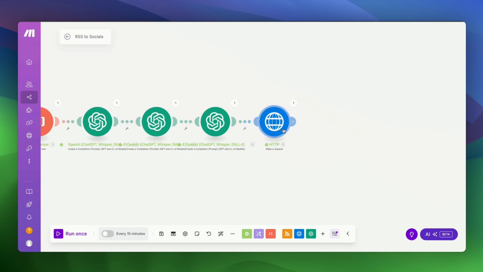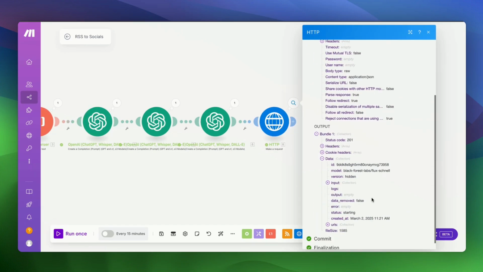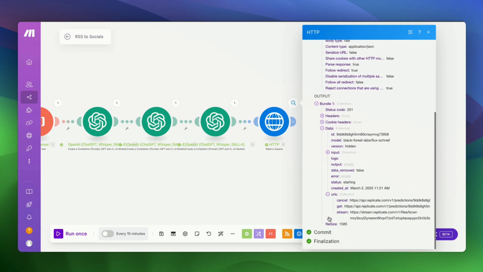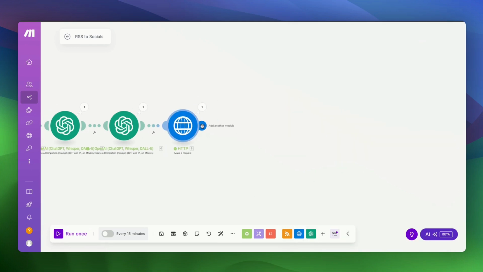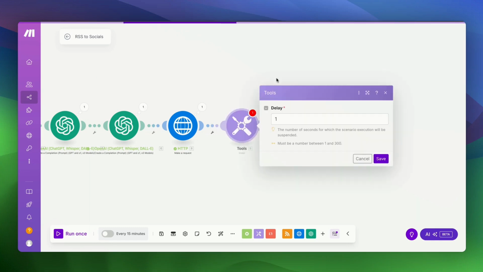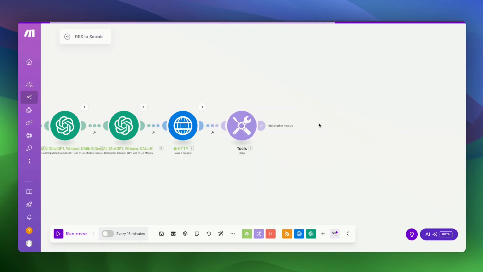Now, if we look at the output, we can go down to data and go down to URLs all the way at the bottom. And we'll see that there is a get URL. And we need to call this URL to get the path of the generated image file. But before we do that, it does take a few seconds for the image to generate. So we need to add a sleep node. Let's go ahead and give it a 10-second delay, which means make.com will wait 10 seconds before executing the next